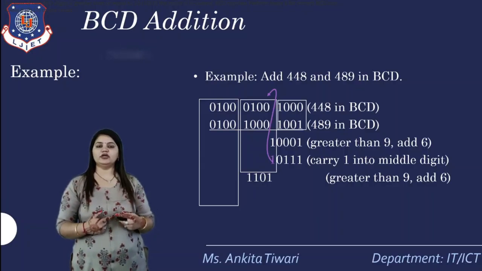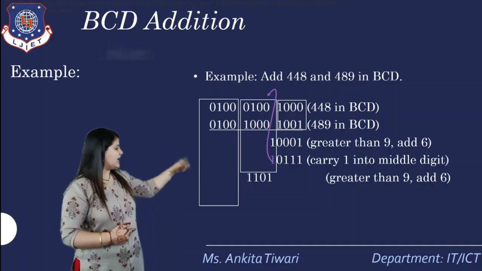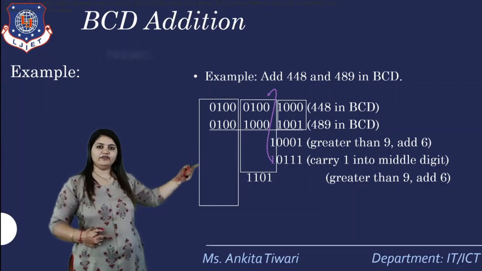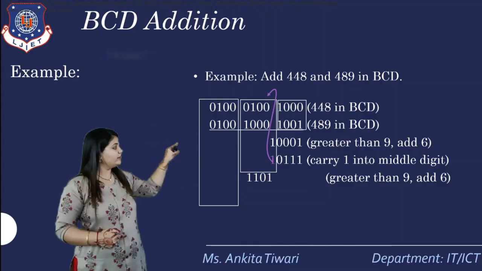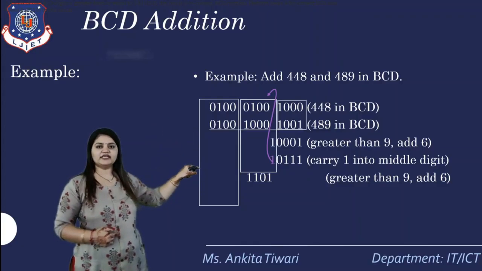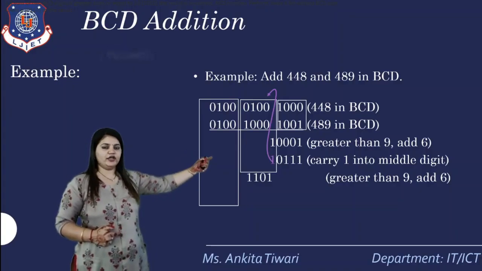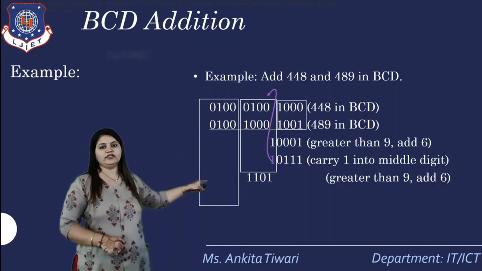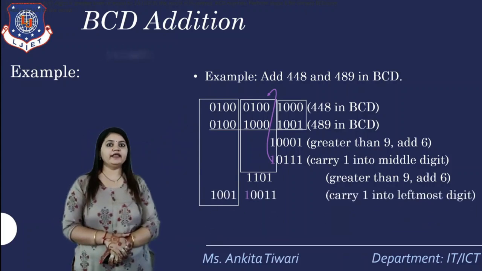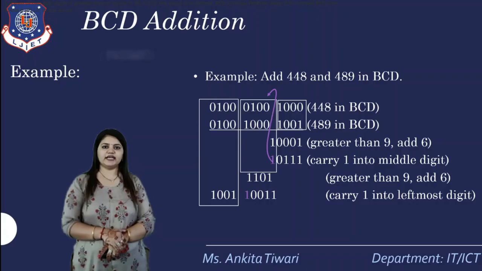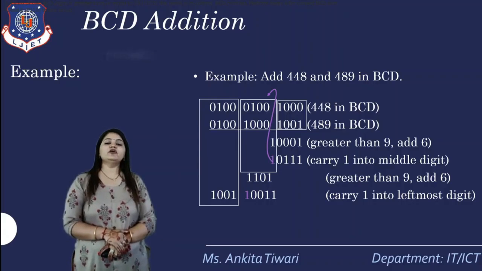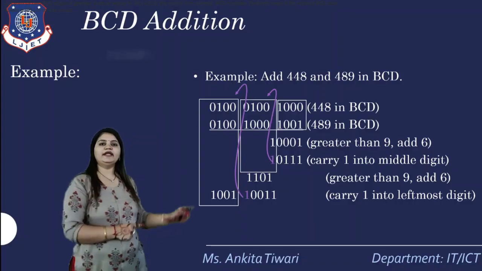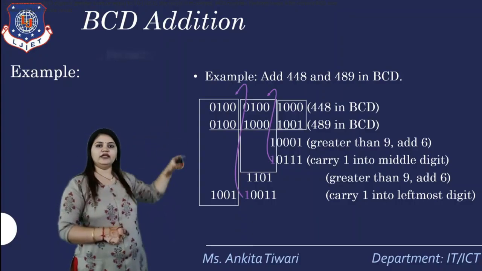Because we got a carry bit, in that 10001 itself we forward the carry to the next higher order bit, but in that number we add 6. So we'll get the answer 0111. Now that carry will be added to the next higher order bits and we'll get the answer 1101. We see it is greater than 9, though a carry is not generated. That means we have to add 6 to it. If I add 6 to it, we get a carry bit. Now that carry bit, I'll add to the next number.